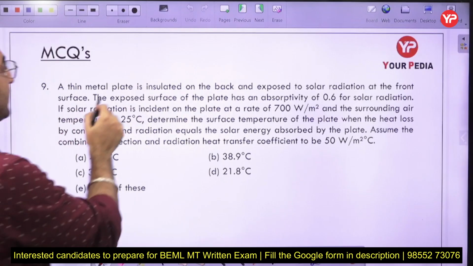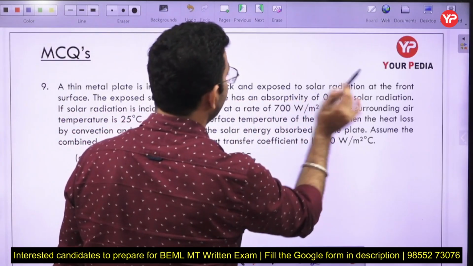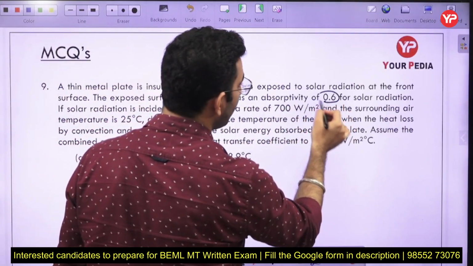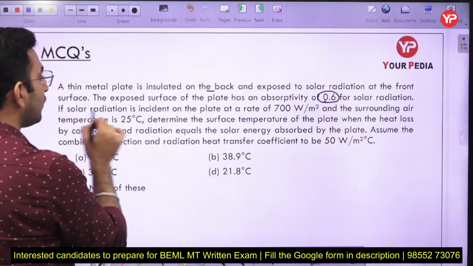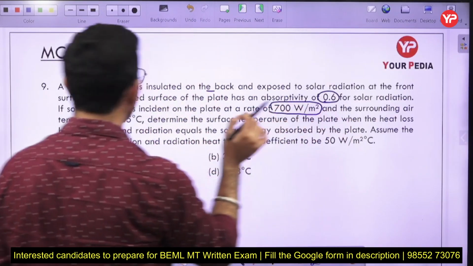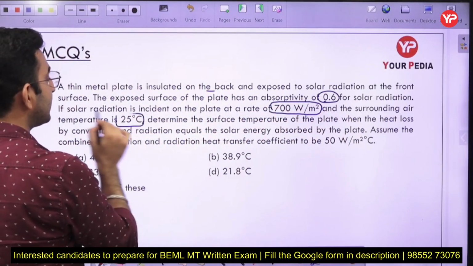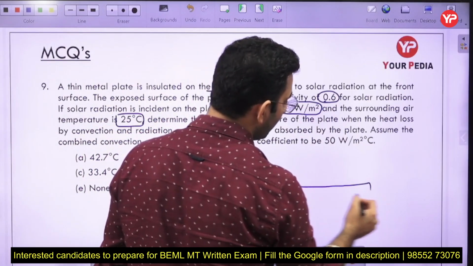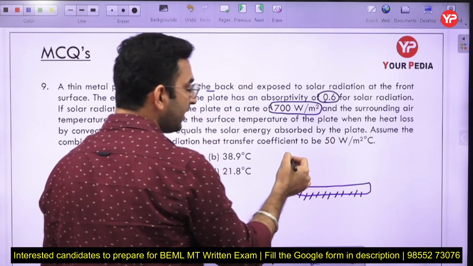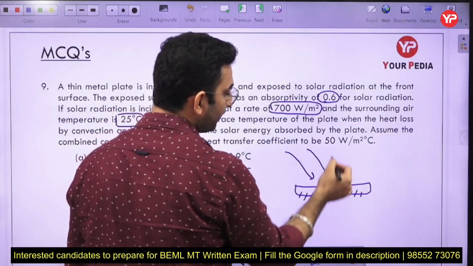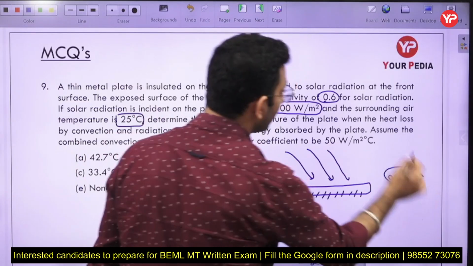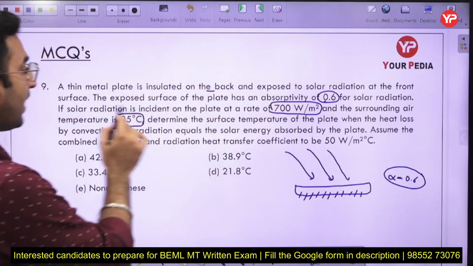a thin metal plate is insulated on the back and exposed to solar radiation at the front surface. The exposed surface of the plate has an absorptivity of 0.6 for the solar radiation. The solar radiation is incident on the plate at the rate of 700 watt per meter square and the surrounding air temperature is 25 degrees Celsius. So here we have a plate. The bottom is not exposed to the sunlight, the top surface is exposed. The absorptivity is given as 0.6,